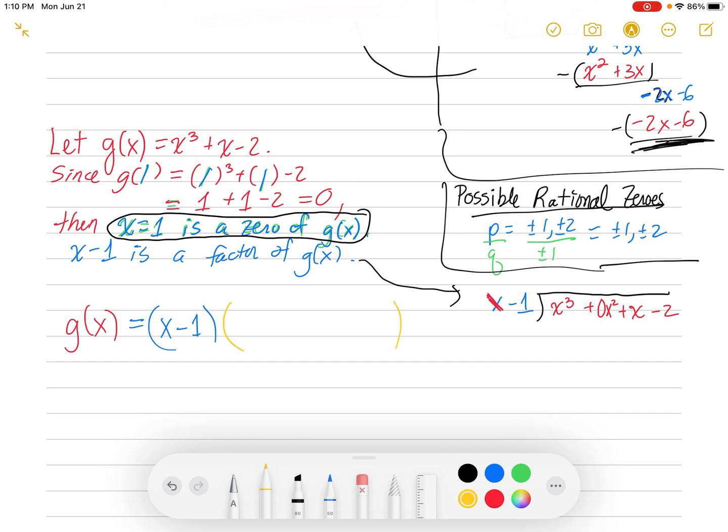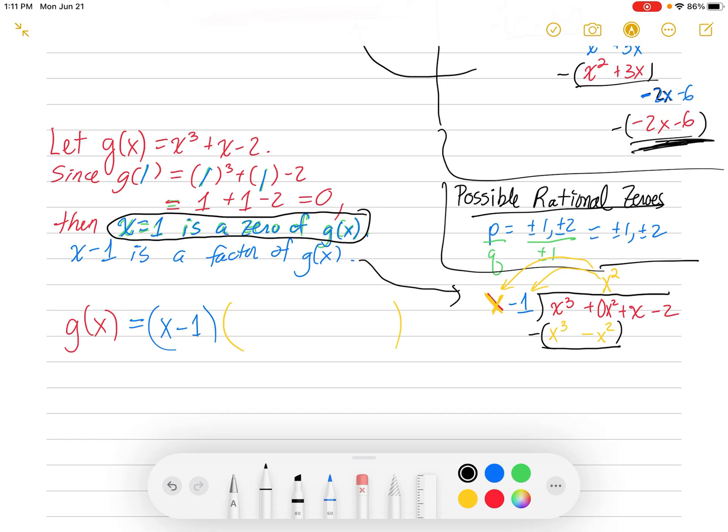First, we want to ask the question, what times this? Let's make it a yellow x here. What times this yellow x would give me x cubed? Well, x squared. So I'm going to put an x squared up top, and that's going to be in the square column. So x squared times x is going to give me x cubed, and then x squared times minus 1 is going to give me minus x squared. And I'm going to subtract the red x cubed plus 0x squared